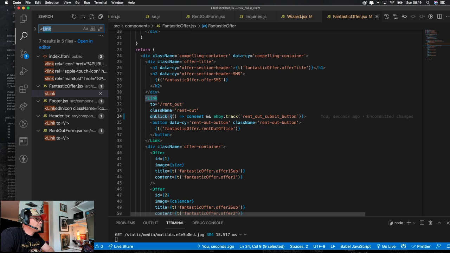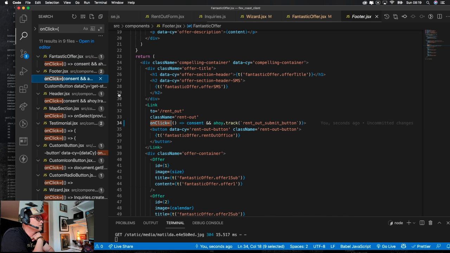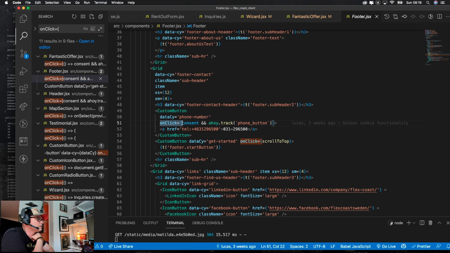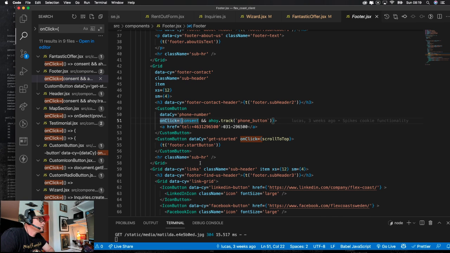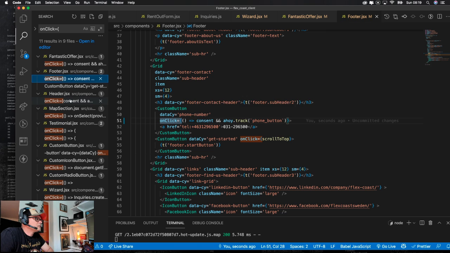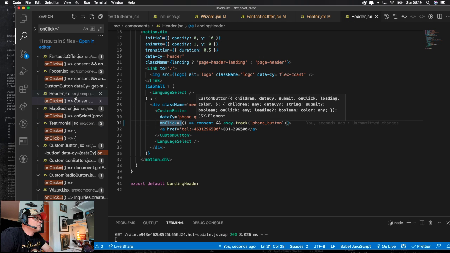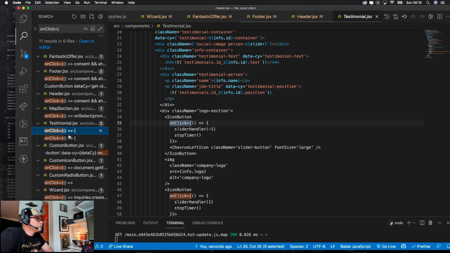Let's find all the onClicks, which could be looking for a needle in a haystack. Right, so that's the one. I'm gonna do the same thing here. Okay, all right, so this should be right. I don't know if this will actually fix this. So we have an onClick slide handler. It's a little too much thing here actually.